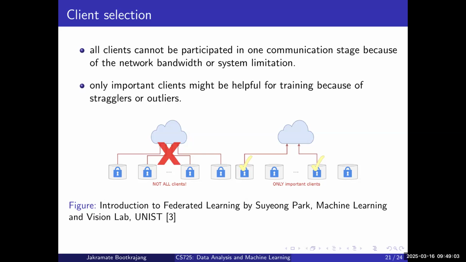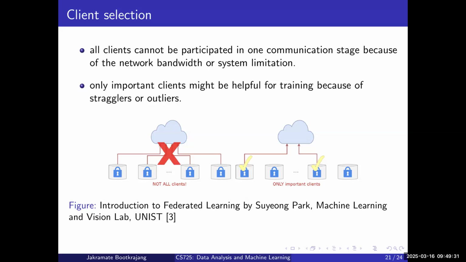But sometimes when you request the client to send the weight, maybe that client is offline, so you cannot get the weight. You have to try to send another one that you haven't picked, right? So if you pick it at random, well, you get some performance, but